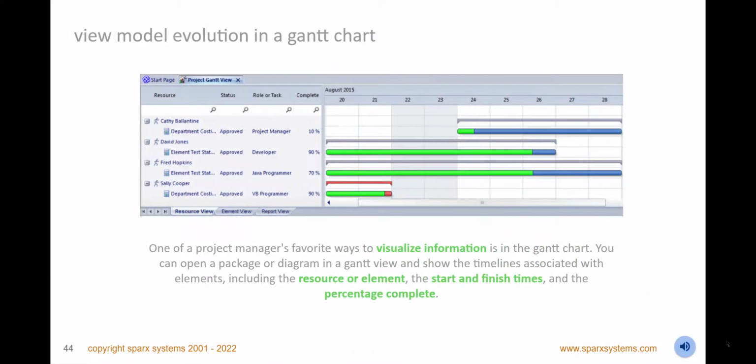View a model's evolution and the elements and resources that will contribute to how the model will evolve. Convert any diagram or package to a Gantt view and color the bars to indicate milestones, modelers, and more. Create project, resource, or package-level charts, switch between element and resource views, and gain valuable insights into the allocated resources and model timelines. You can apply filters to curate the views, such as only displaying elements that meet particular criteria, such as a specified version number or having a selected status.